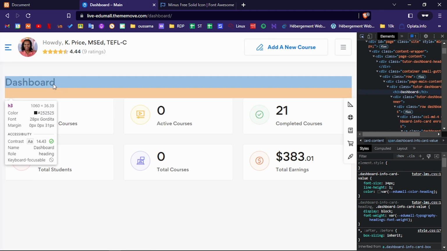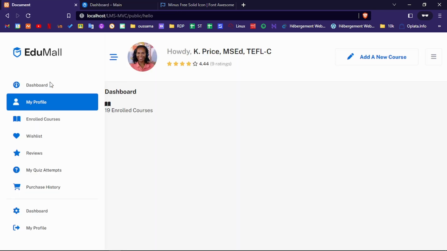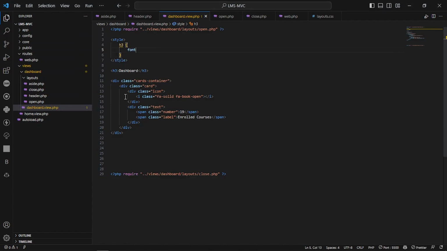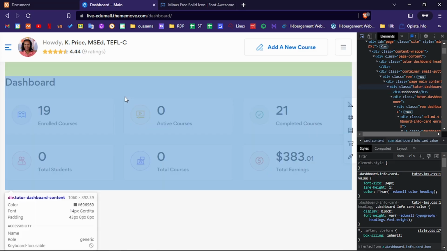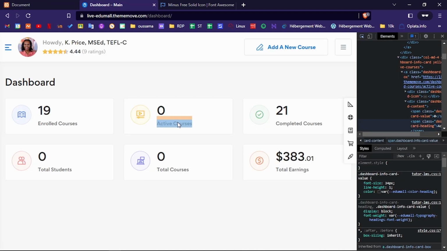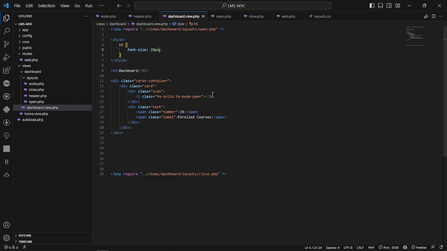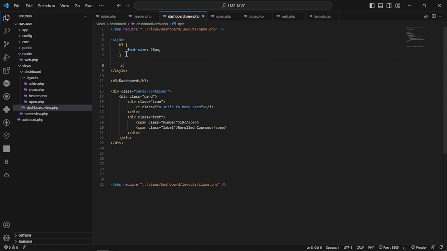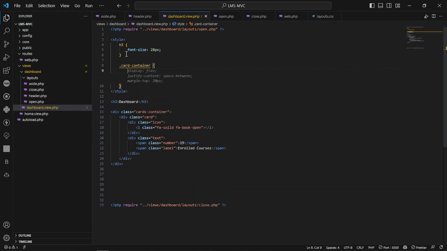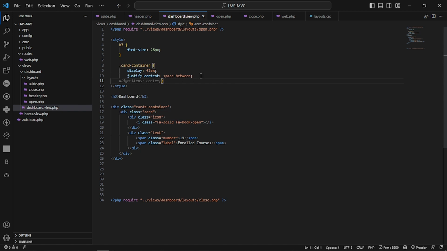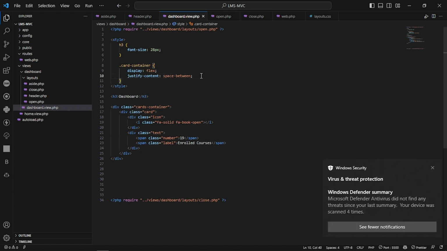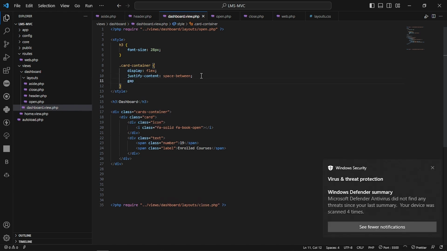Our h3 must have a font size of 28 pixels. Our card container should be display flex, and we don't need margin top, but we need a gap, for example